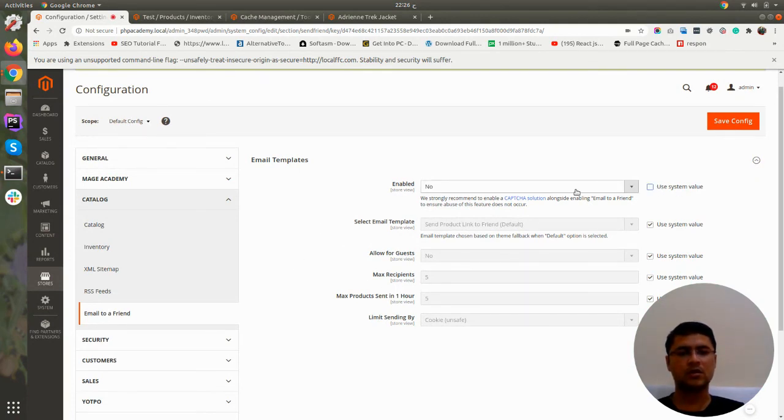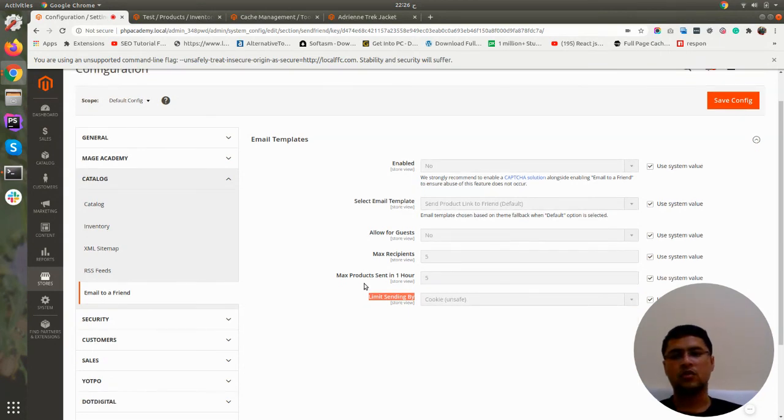You can enable or disable it, and you can set the template. You can set whether to allow guests to send emails or not. Maximum recipients, maximum product sends per hour, limit sending by, everything you can set here. So these were the catalog related configurations.